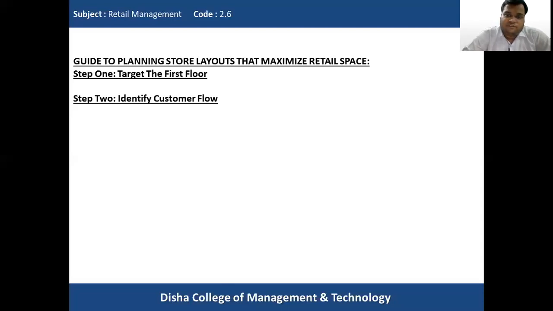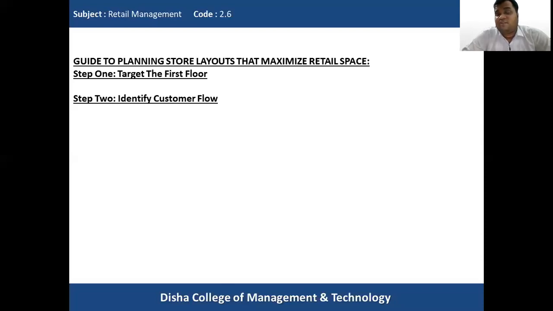So this is very important, and this is key for the prosperity of the store layout, to see that the retailer is able to identify the customer flow. And to identify this customer flow, various procedures are there, because the retailer can use the video cameras, and heat mapping techniques can also be used. There are various software analytics programs available in the market, given by companies like Prism or RetailNext. These companies provide actual information regarding the flow of customers in the shop.